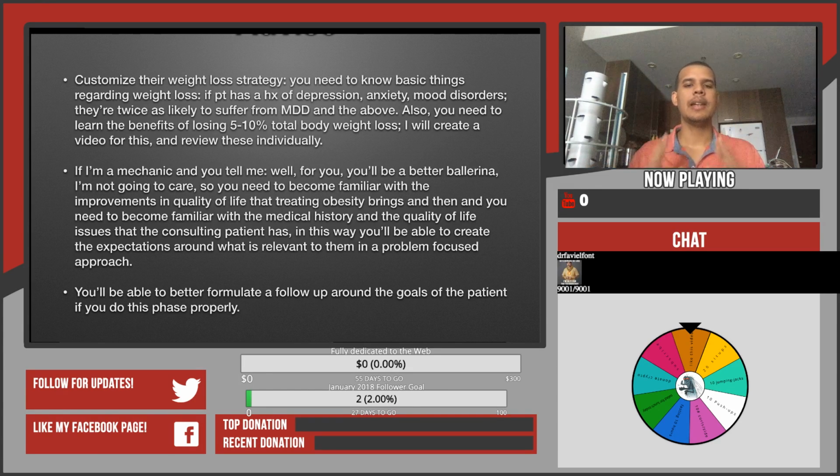But the idea behind it is that you are somewhat of a problem solver, and some of these solutions you can actually provide for the patient. So you'll need to know, for example, that you can get a patient off of insulin when you treat their obesity. Folks, the American Diabetes Association says there is only one cure for type 2 diabetes, and it's bariatric surgery. After 2 years of bariatric surgery, about 98% of patients are completely off insulin and off diabetic